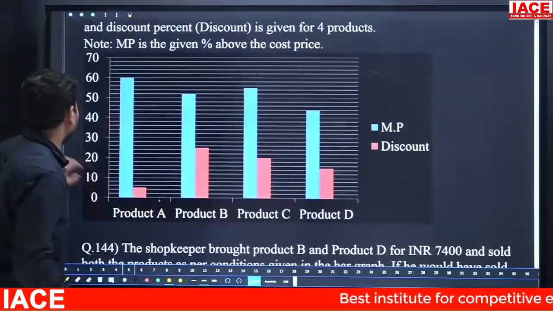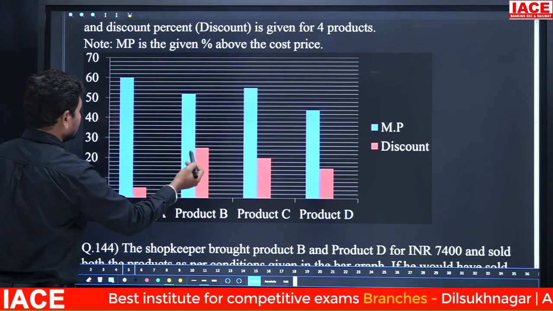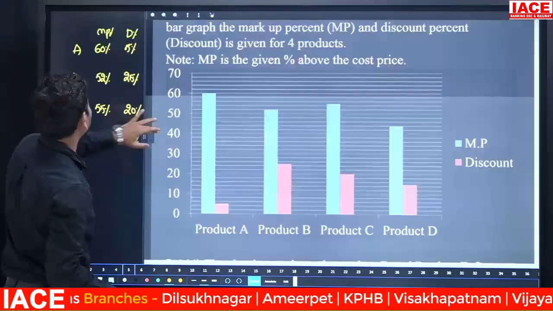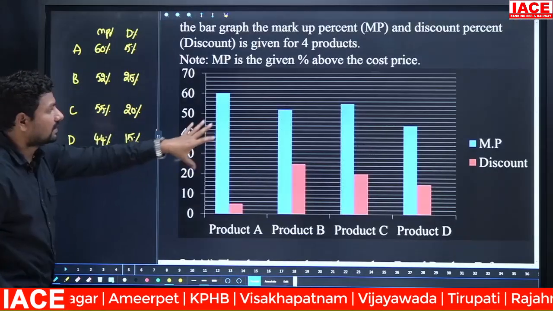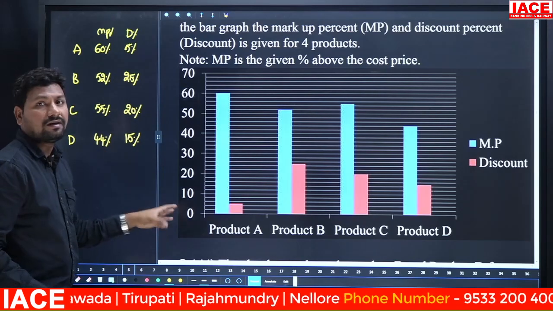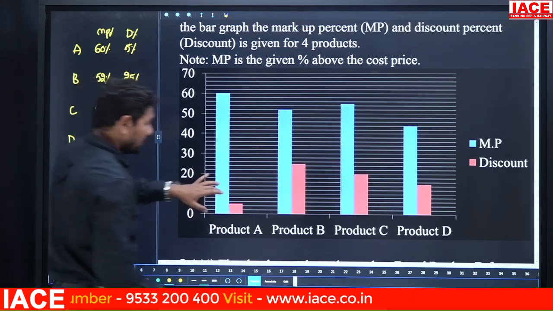When you're writing here the 60%, 5%, 52%, and 25%, it's easy to write. The table is available here. We can just write the values from here. Once you have a table, then we can directly take the values from the table. No need to search for the values again and again. Next,